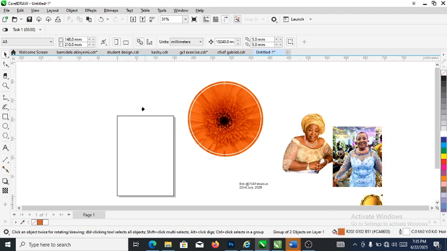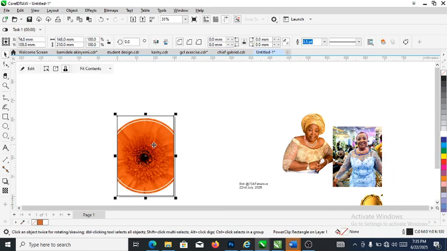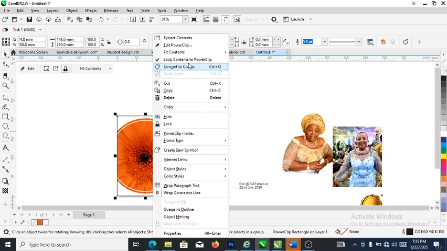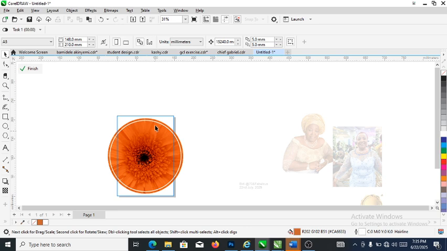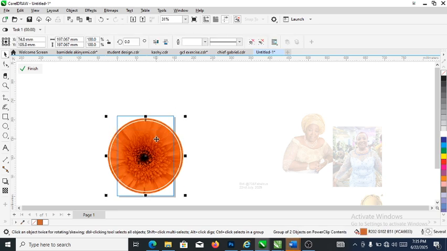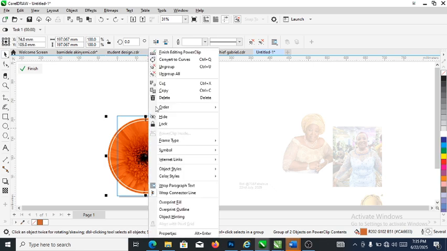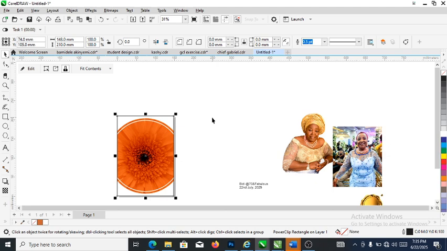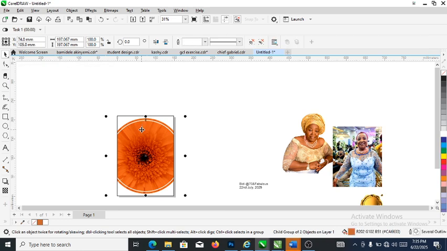Automatically an indication of an arrow shows up. So let's select the object in which we want to Powerclip this object into. Automatically it's Powerclipped. Hold the Alt key. Mind you, let me show you the two ways you can actually use to edit this image. Let's right click, then locate edit Powerclip. It takes you right inside, then you edit. So to opt out, right click, then finish editing. The fastest way to do it is to hold the Alt key, then select the image. Automatically it selects it right inside the container